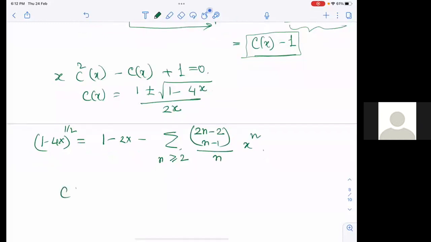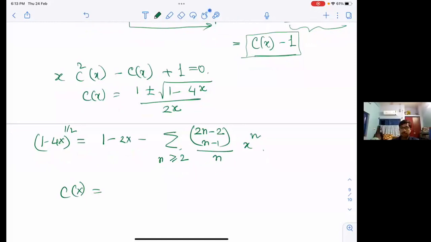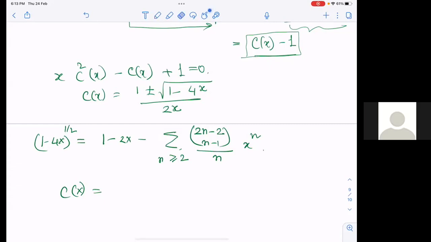So that means C(x), if you plug it in, which one will you take, plus or minus? Which solution will you take? The one with plus will not have any meaning, right? There are a lot of negatives. So you should take the negative. So 1 will go up. So this will be like 2x